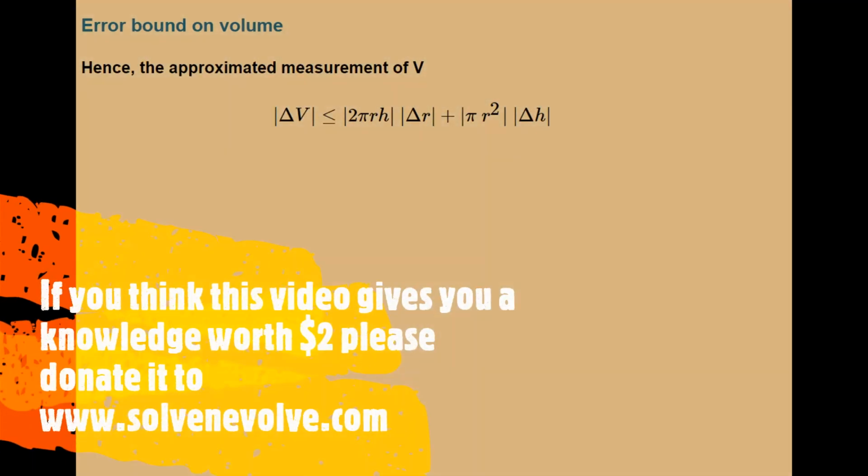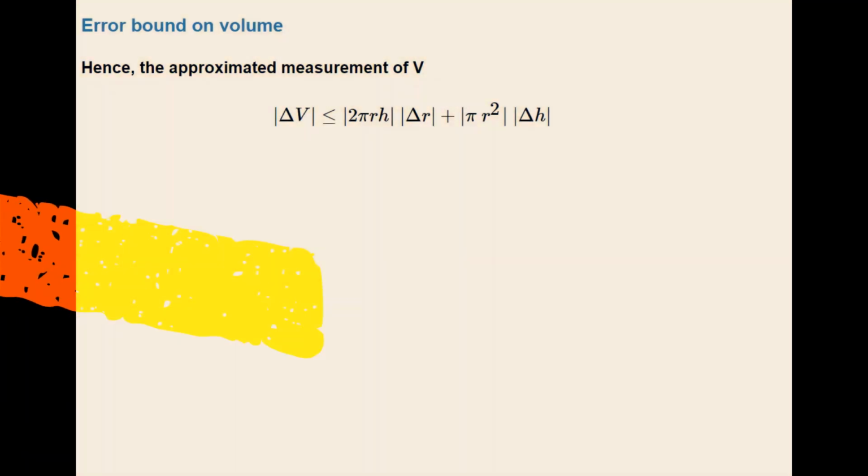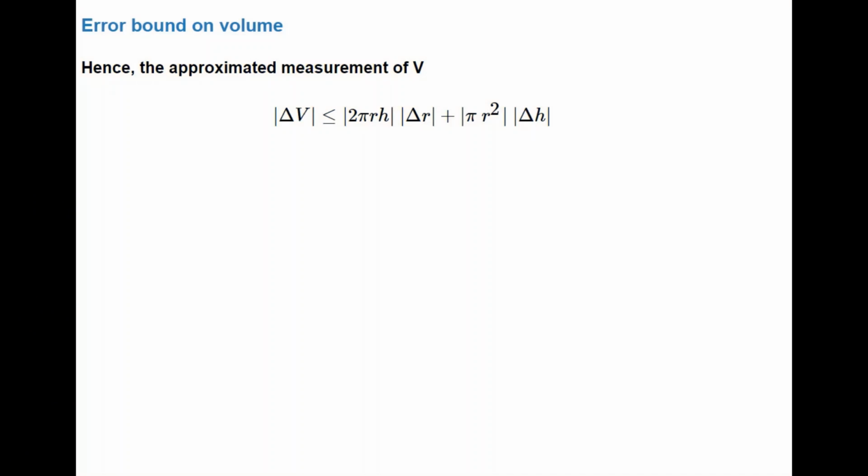And you know why we applied the triangle inequality here while we did not apply it in the previous examples? The reason is because in the previous examples, we were not required to find the maximum percentage error. We were only required to find the percentage error. But now we want to find an upper bound on the error in the volume. So for that upper bound, we have to apply this triangle inequality to know that delta V has an upper bound of